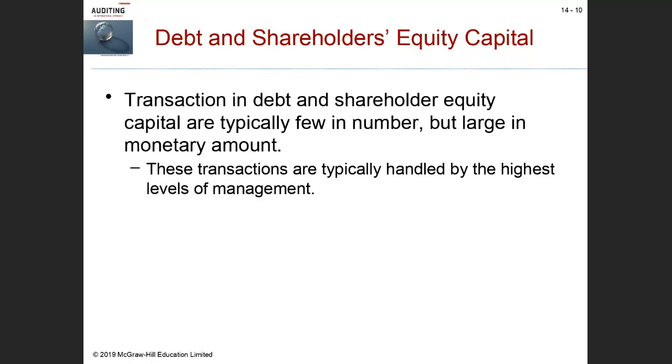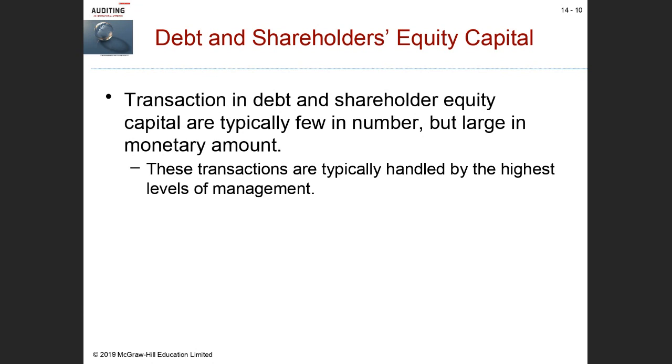So large in dollar amount means there's risk, right, of error just because of the size of the dollars. But then also few in number means it's difficult to have a system in place which monitors activities in this area when those activities don't occur frequently, right? They're very infrequent. So to have a control system in place for activities which are infrequent, I'll suggest there's a high probability that that system will break down because it's not working, right, on a day-to-day basis, essentially, because there are no transactions occurring.